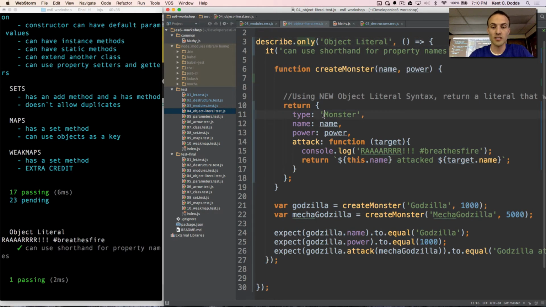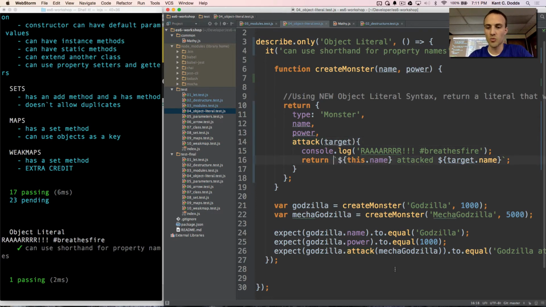So this is now passing, this is ES5. To change this from ES5 to ES6, you have this name, and it's assigned to name. That's extremely redundant, and so ES6 is like, I don't care about that, and so we can do that. Also, this function keyword, it's obvious that this is a function just because it has the open and close parentheses, so you don't need the function keyword anymore.